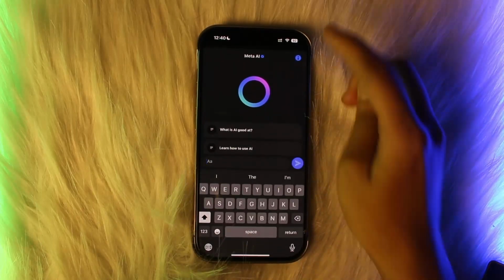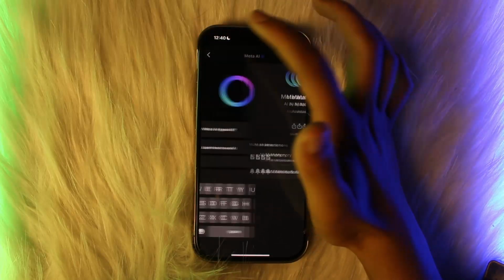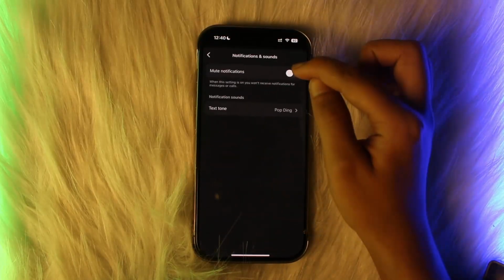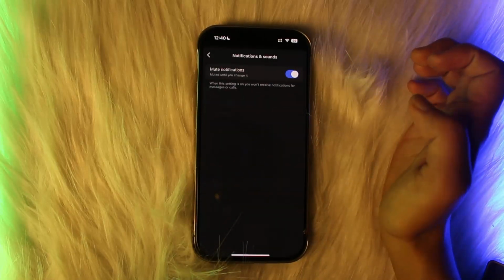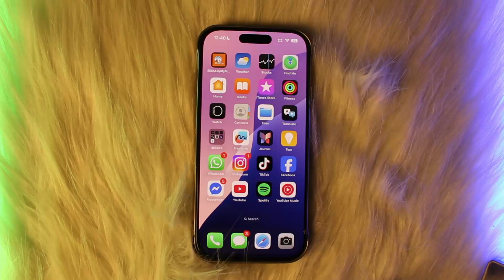along over here, and at the eye icon, click over there and simply mute it. You will have an option over here to mute notification until I change it. So this is how you can turn off Meta AI on